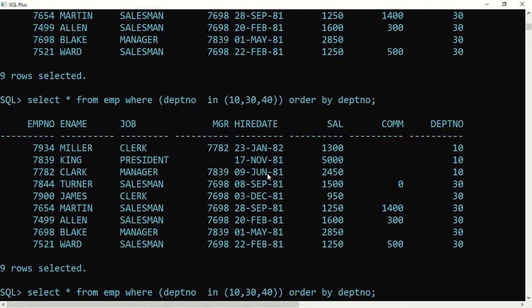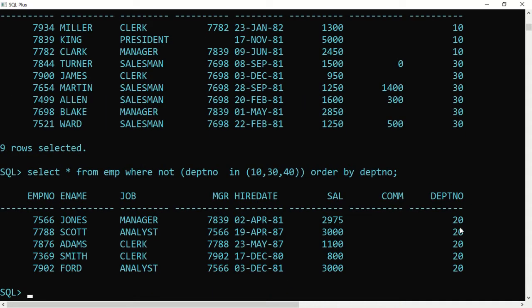So department in the list 10, 30 and 40, but now I say not in the list, so it will show you 20, because it is the opposite of this condition. This is the number which is missing in this particular listing. I press enter and it is showing all records of department number 20. So I hope you understood not.